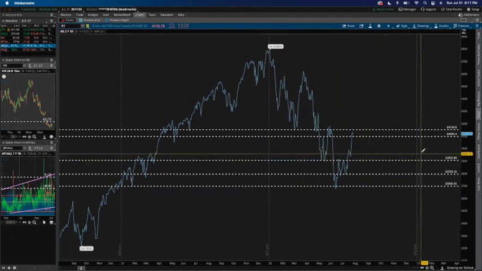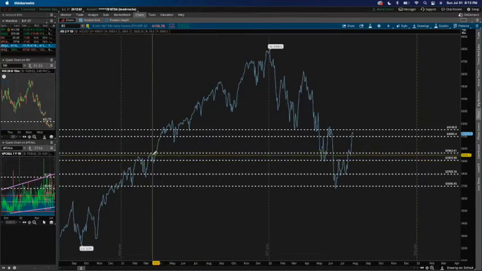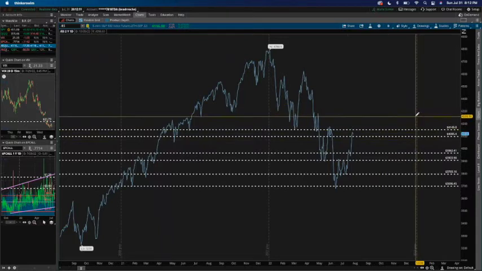And then let's see if we can find some more levels here. This one, a pretty decent level, nothing to write home about, right? But there's rejection here, and once it broke through, we had a huge run here. And then when you're not really seeing more levels that you like,